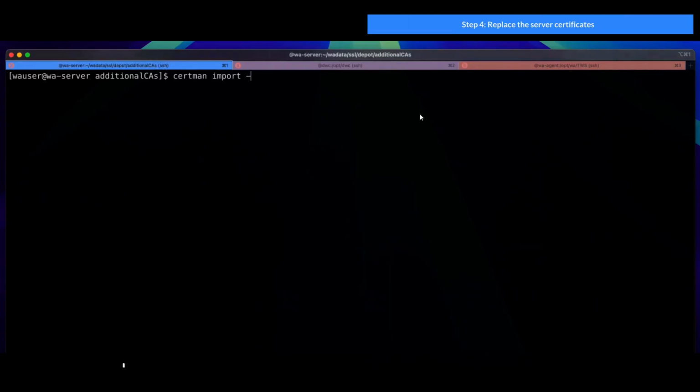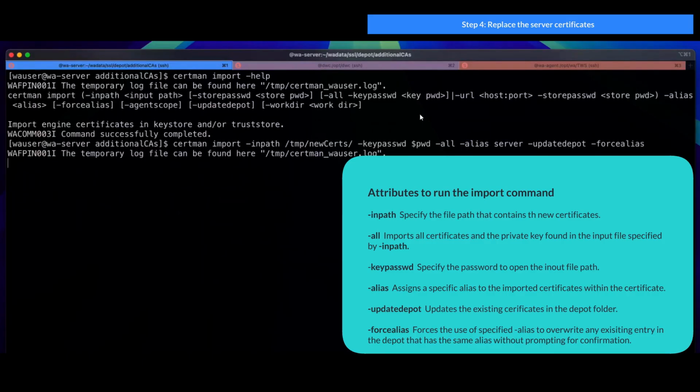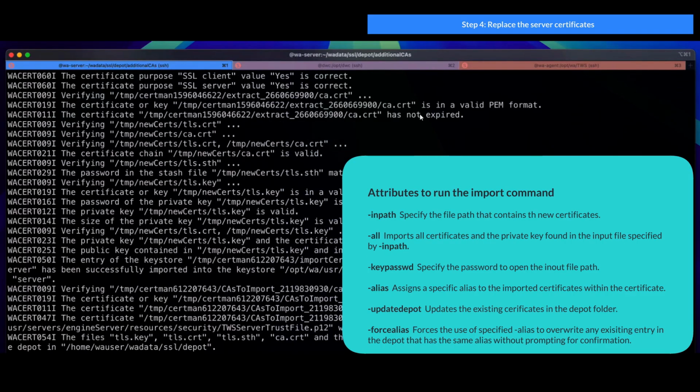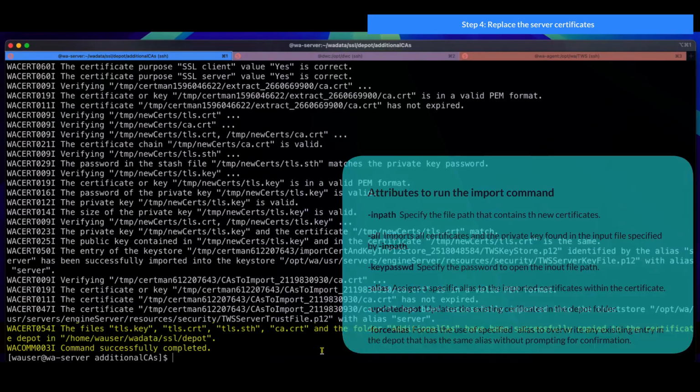From the Master Domain Manager, run the certman import command. This replaces all the existing certificates with the new ones, including updating the depot folder. The dynamic agent of the master and composer temporarily lose connection until the client certificates on the Master Domain Manager